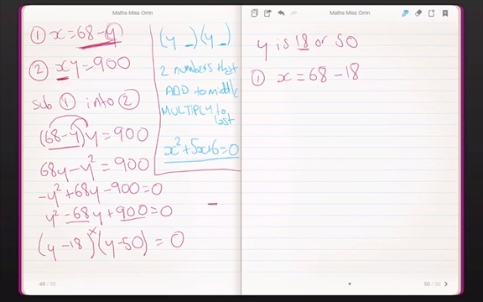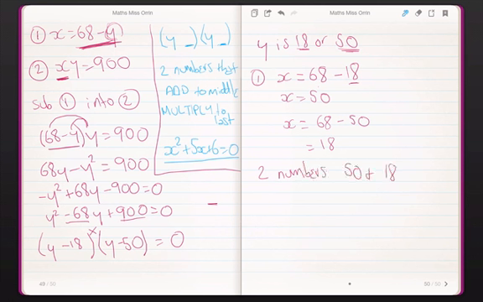So x is 50 in this case. And let's try it out with the other number. So x equals 68 minus 50, because that's the other one that we know. So x is 18. So it works both times, 50 and 18. So the two numbers are